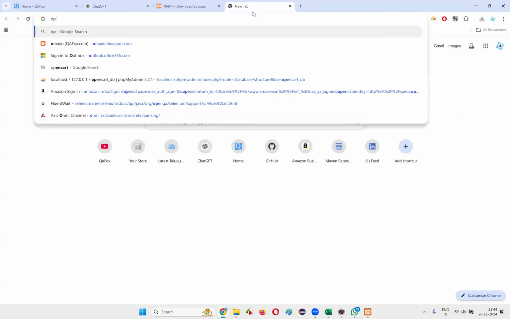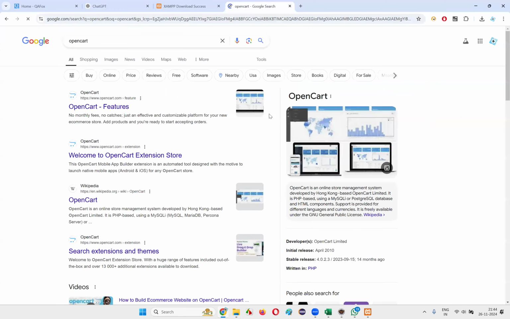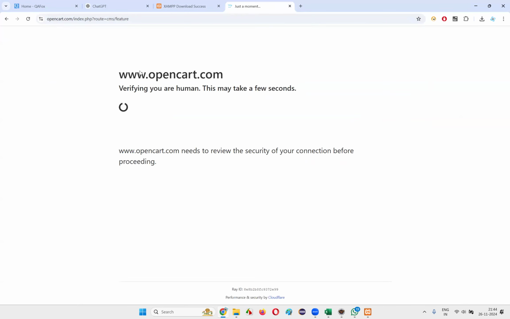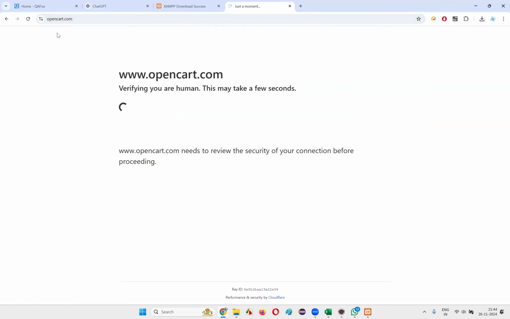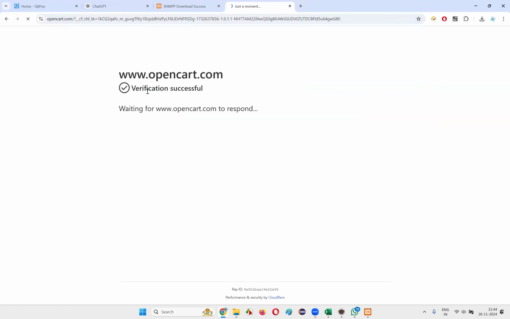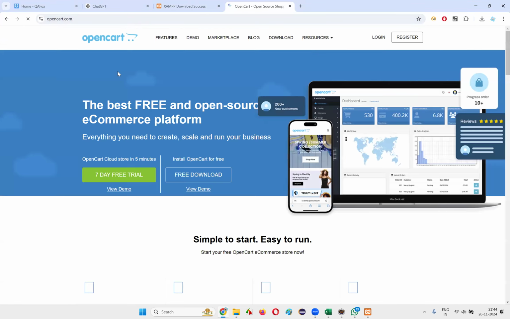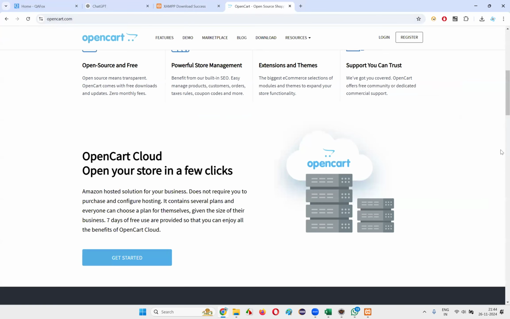So let's go to the OpenCart application. Just search for OpenCart. You'll get opencart.com. Just go to the opencart.com website, guys. That's enough. After verifying and all those things, you'll be taken to the OpenCart application. Once you are on the landing page of OpenCart,